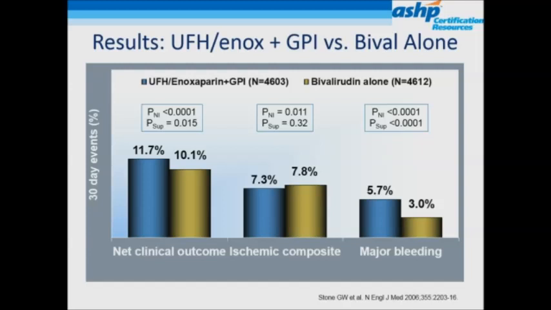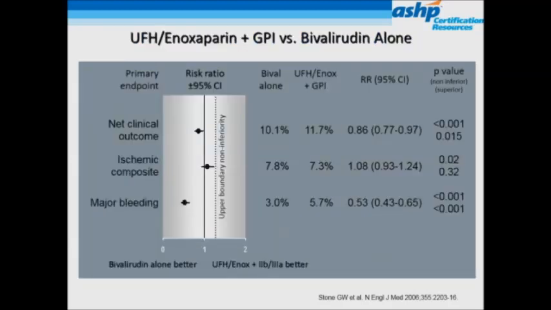The ischemic endpoint, as you can see here, actually favors the heparin 2B3A arm compared to the bivalirudin arm, but the bleeding outweighed the overall ischemic endpoint, so their version of the net clinical benefit outcome was tipping in favor of bivalirudin. But there's a little more to the story, and so this slide here actually is a